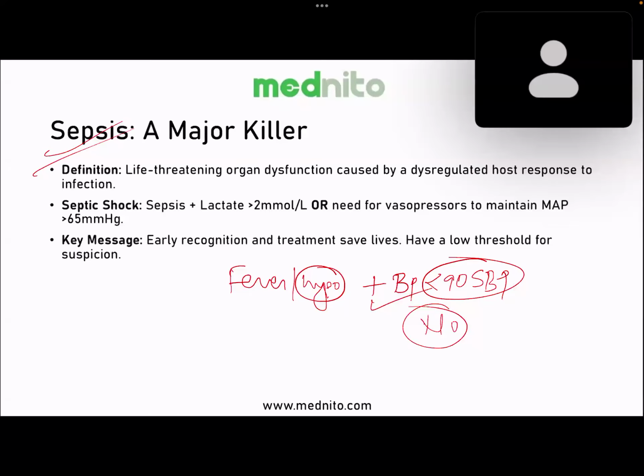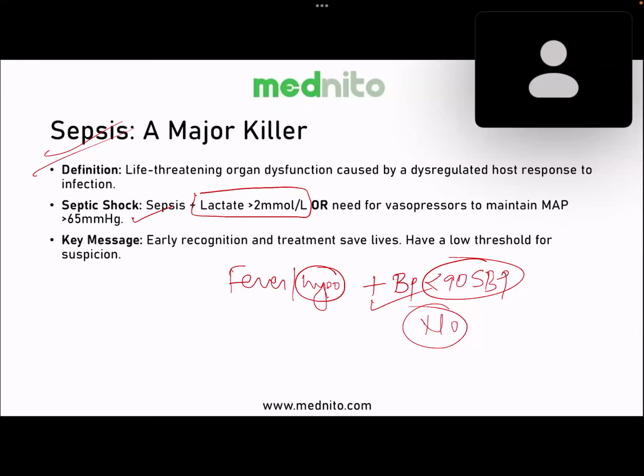All right. The examiner can tell you about lactate. If the lactate is more than 2 millimoles per liter, it is sepsis until otherwise proven. All right. There has been a most important question recently saying that the patient has been confused, lethargic, and has got lactate of more than 6, but the blood pressure is normal. Patient was brought in by ambulance, seen by a trespasser. You do not know the history. What is the first most important thing or the differential diagnosis you think of? It is seizure. It is not sepsis.